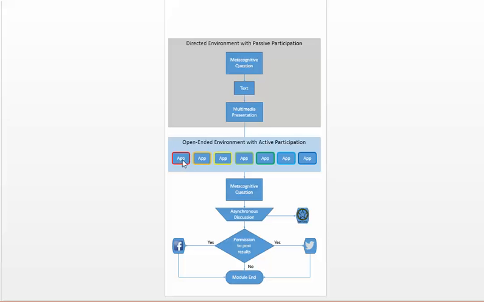And I need to go back up to the multimedia presentation. There is assessment in this portion as well. So there will be a couple of questions through the presentation that they'll have to answer to continue, just to measure if they're understanding what's going on or if they need to start the material again. Then we move into the open-ended environment where we have our games, we have reinforcement activities, and you might be